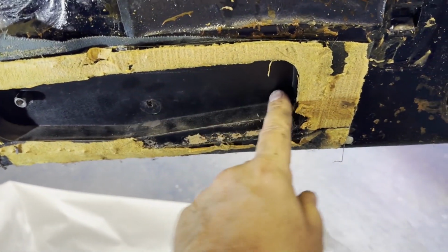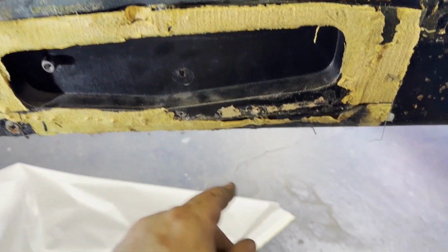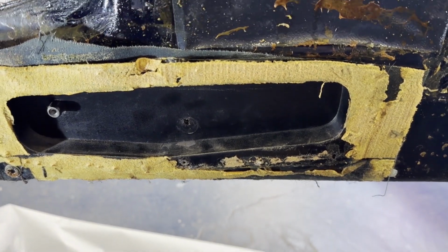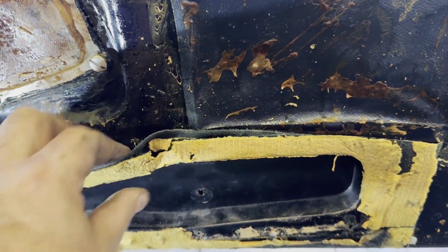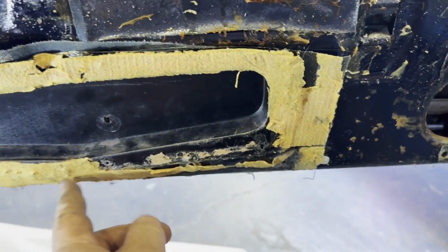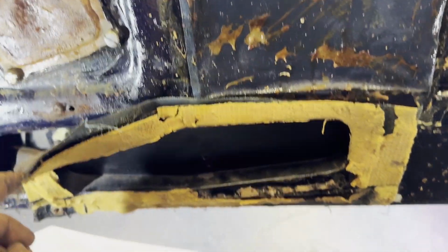Just a note on these trims where the door handle goes, the opener goes, which is here, and this is where the spacer goes for the door trim. Oh, there's the spacer, I've still got it. Anyway, these are just stuck on. These are all just glued on the top, and then there are 3 screws on the bottom, but mainly they're just glued all the way around. So I think what we have to do is just put the screws in,